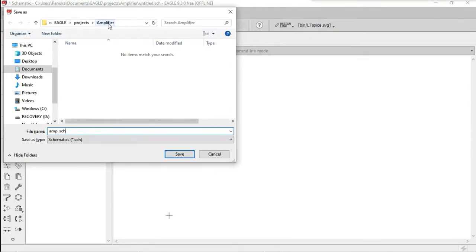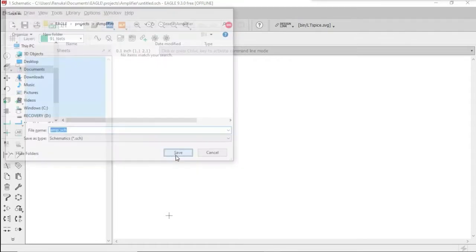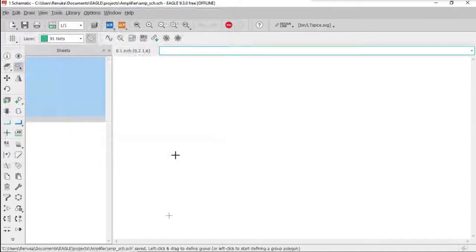So this particular file will be stored in the project which you have created. Okay, give any particular name and click on save. I hope everyone is with me. If anyone is stuck somewhere, please ping in the chat window.